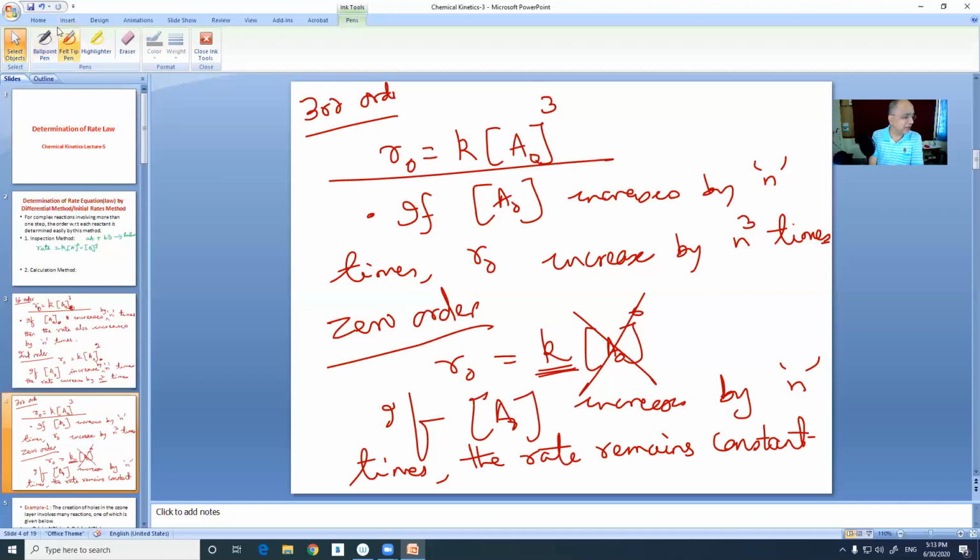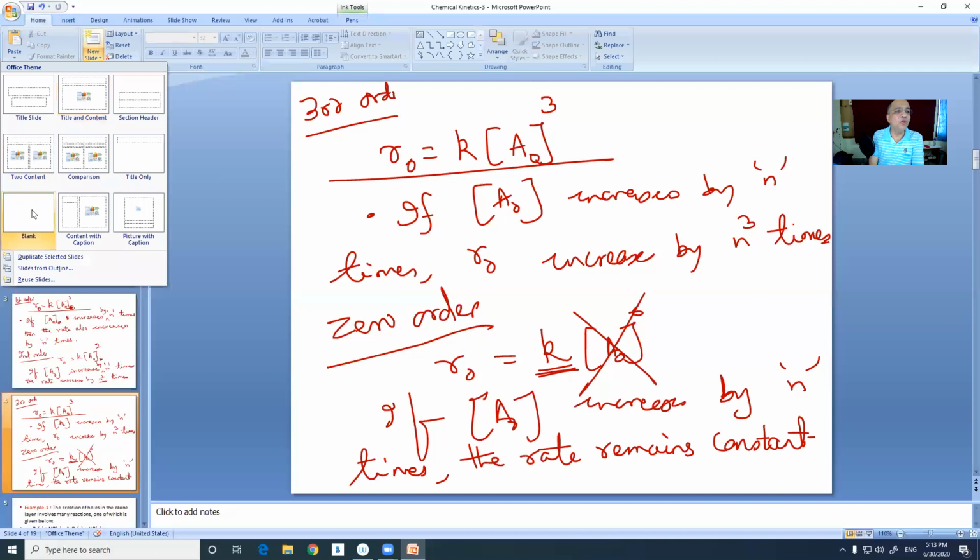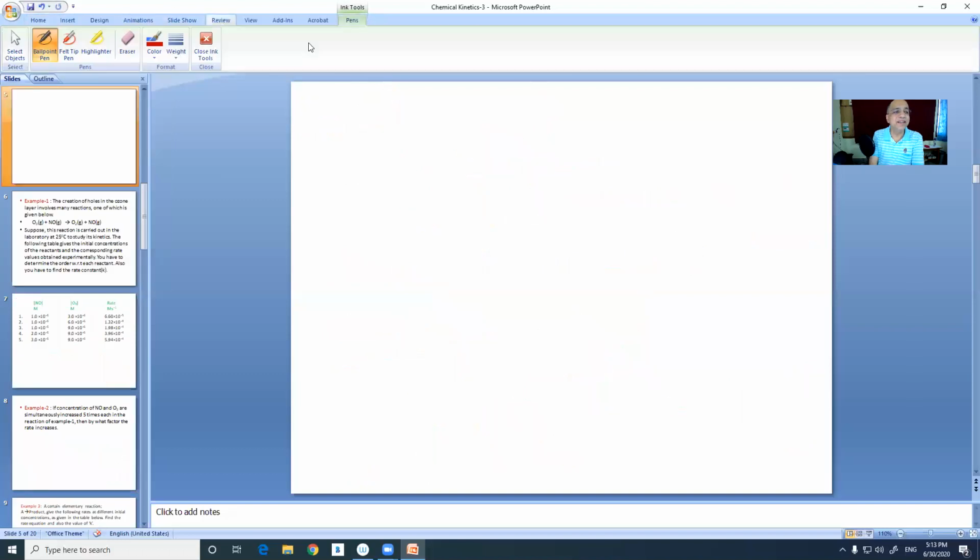Let us take up this thing. One more thing. Say we have 2 reactants, rate = K A to the power 1, B to the power 2, right? Supposing. If there is more than one reactant, to determine the order with respect to one reactant while the other reactant is there, you have to keep the concentration of one reactant fixed.